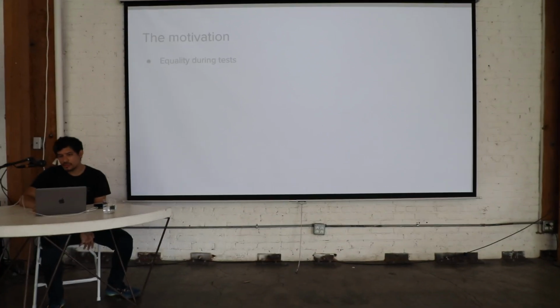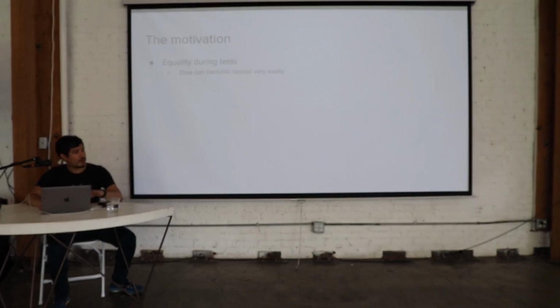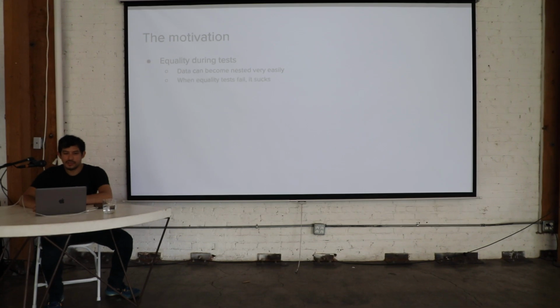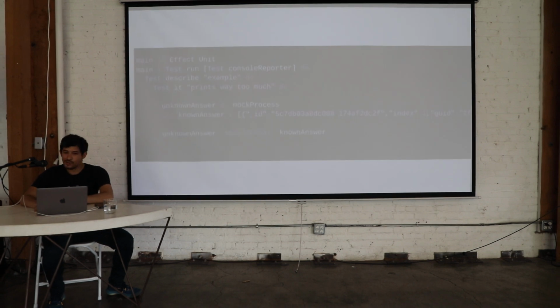suppose that you're writing some tests for your code base, and at some point you want to compare two things for equality, but the problem with a lot of code bases is that the data types you're working with can get nested really quickly, and they get fairly complicated. And so sometimes when you're running the tests and something goes wrong, it kind of sucks. So for example,